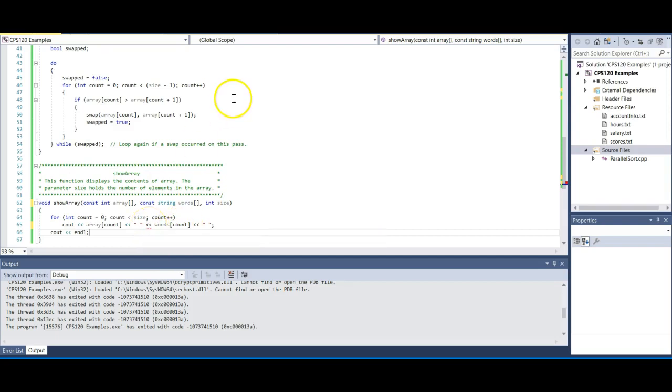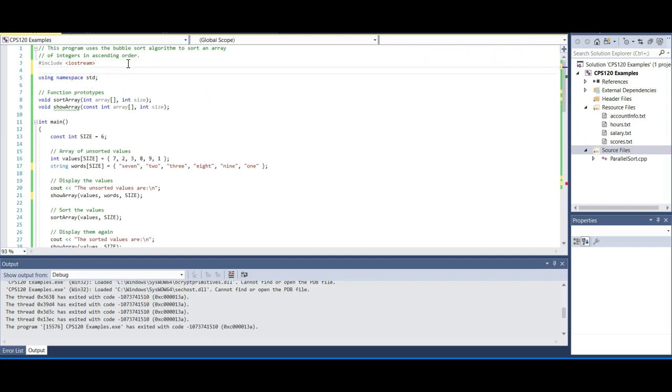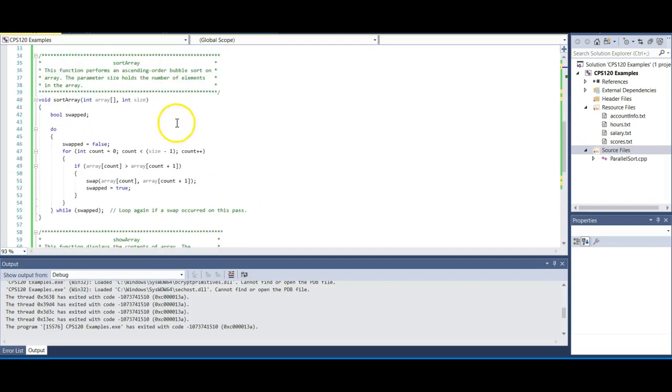Now in this case, the problem I think that I'm having is I've introduced a string, so I need to include the string library. Okay. All right, so this is going to display both, and I want to modify this so that